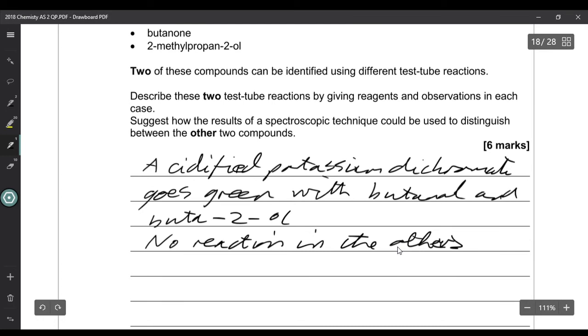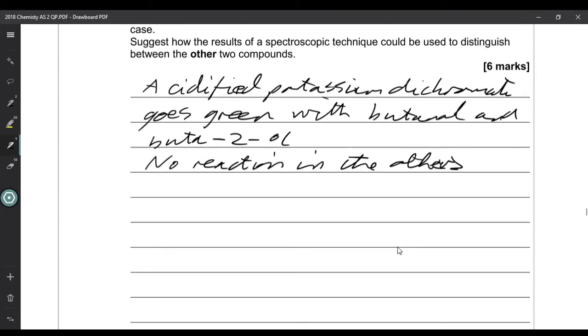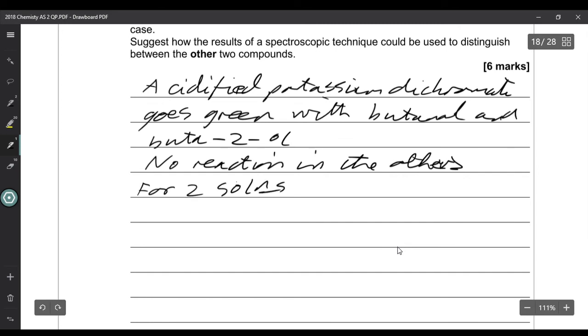So now we've got 2 sets of solutions. We've got 2 solutions that have gone green. Either of those could be butanol or butan-2-ol. And we've got 2 solutions that didn't react, which could be the butanone or the 2-methylpropan-2-ol. So for the 2 solutions that went green,